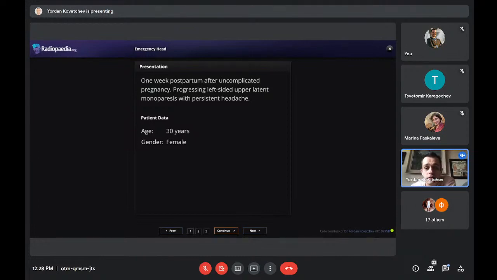And she has this left-sided complaints, so to say, neurological deficit. Now, it's a 30-year-old female. And this is really important. Remember, a young female, about the pathology that I will show you now, because it's not so common, but you really shouldn't miss it. Because again, it makes the difference between complete recovery and really bad post-treatment period that could result in paralysis, speech loss, and so on.